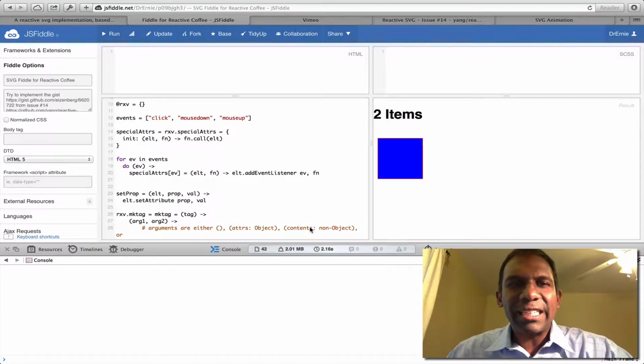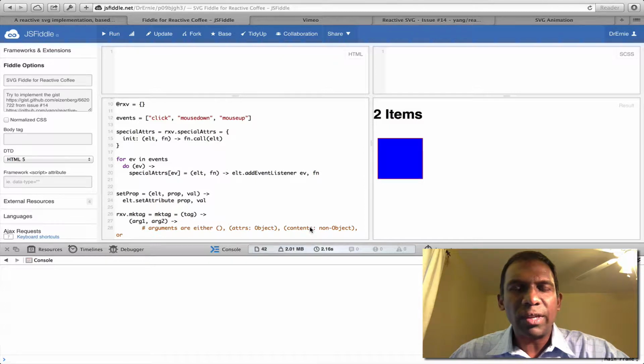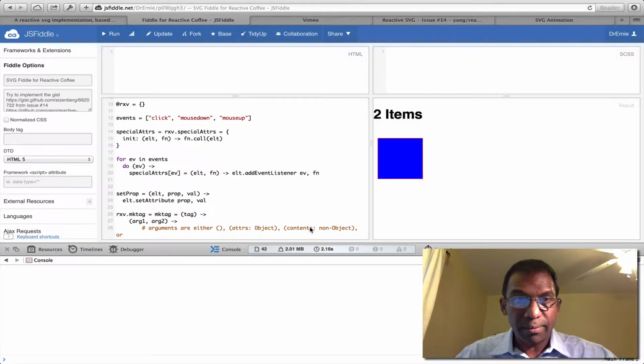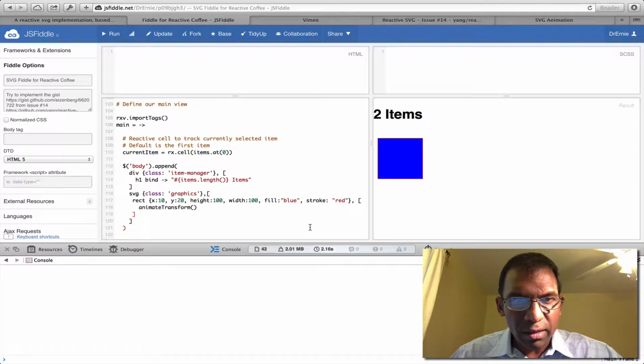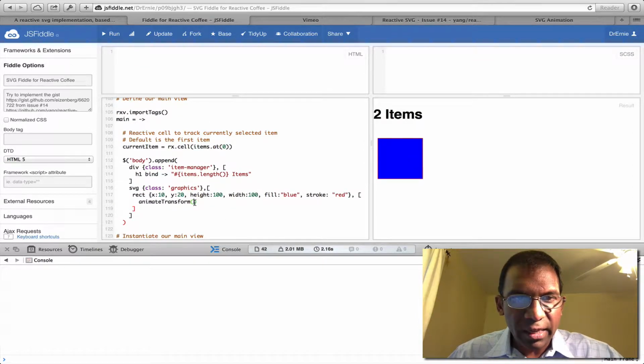As you may remember, last time we left off having just successfully gotten a SVG rectangle drawn using reactive-coffee, the toolkit we're using to build Rohan's teenage robot turtles. So now we're going to do the animation that we started on last time. Let's get started. As you may remember, we had just added our little animate transform line here, and I